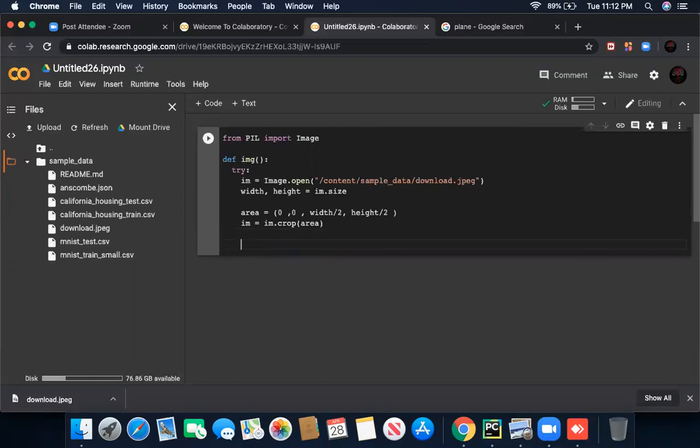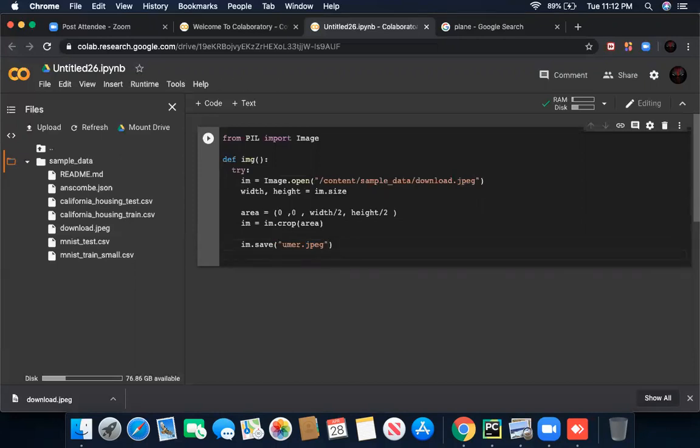Now I'm going to save my image. I'm going to save my image with another name, so it's like I am dot save. Now I'm going to make sure of the image name. I'm going to write Umar dot jpg, like it's jpeg. You just have to make sure that the extension remains the same.